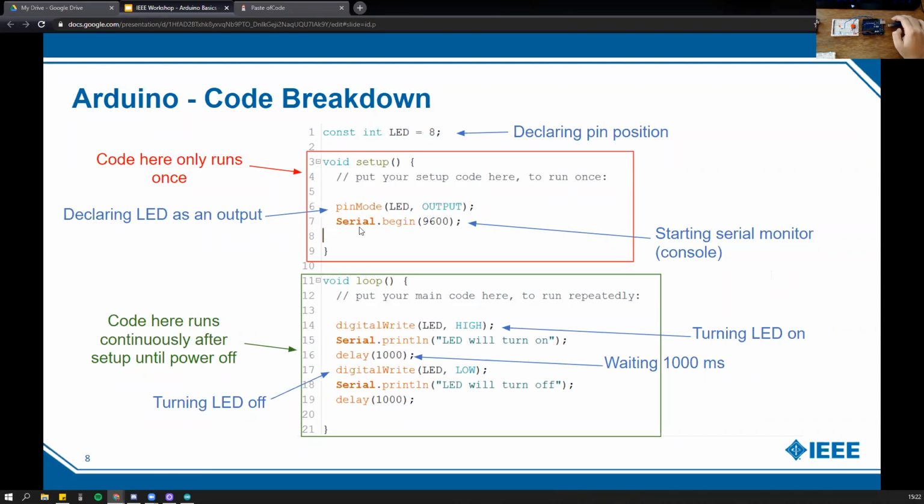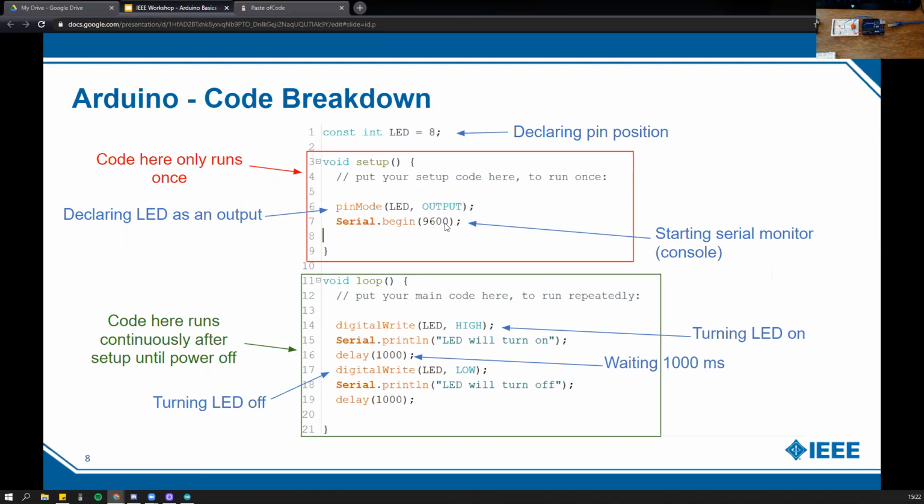So what serial does is it starts a console or a monitor, and you can start outputting stuff to that monitor as the code's running. In JavaScript, it'd be like console.log. In Python and Java, it's also the console. So this would be the equivalent of that. And this number right here, 9600, is,